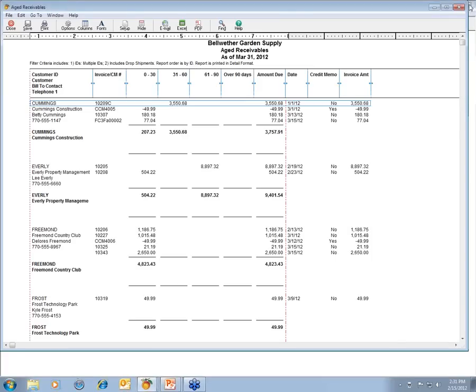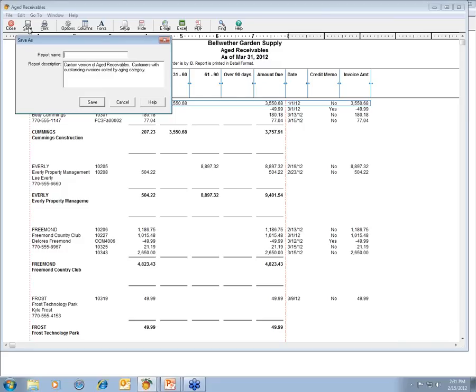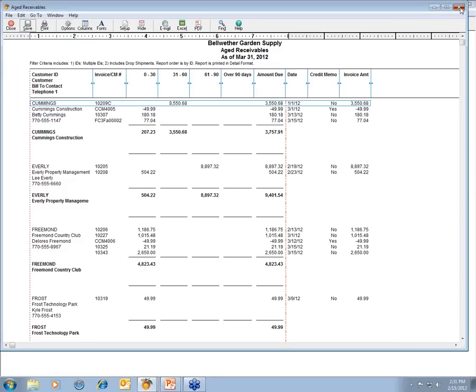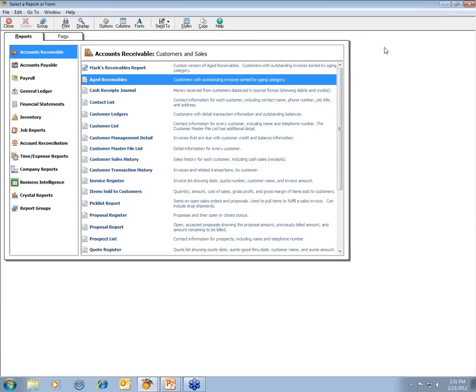So it makes that process very quick and simple. Now, once you've got the format or the layout of your report modified and looking the way you would like, in order to save that, all you need to do is click on the Save button at the top, give the report a name and a description, and from that point forward, that customized or modified version of the report is going to appear in your main report list under the name that you gave it,